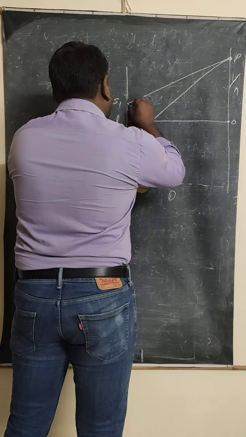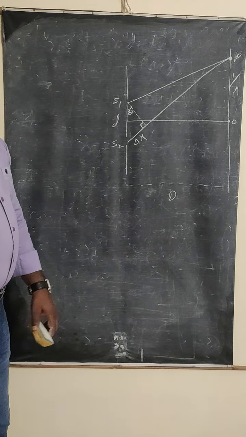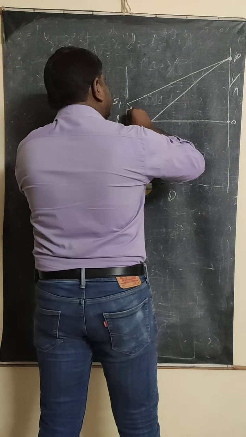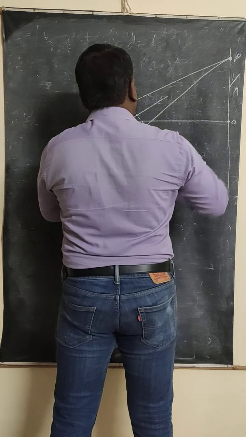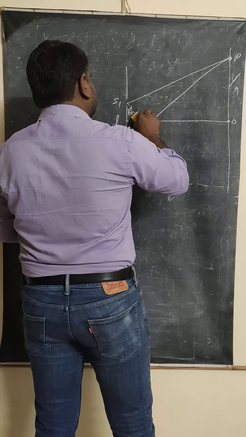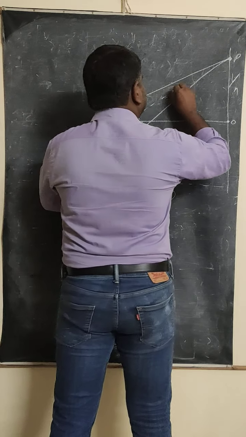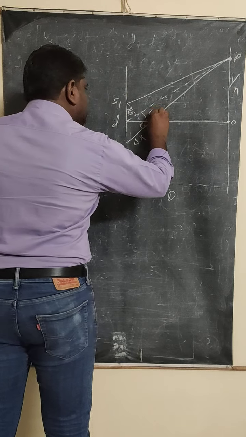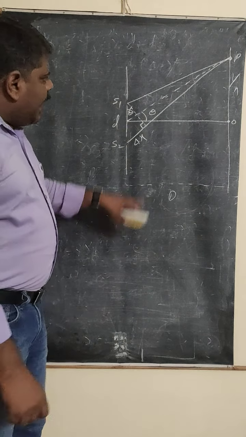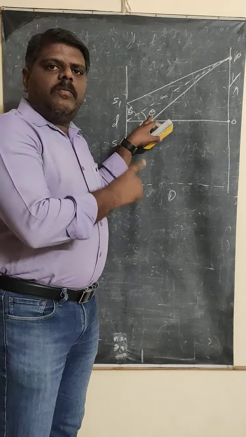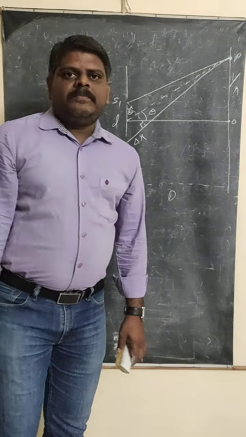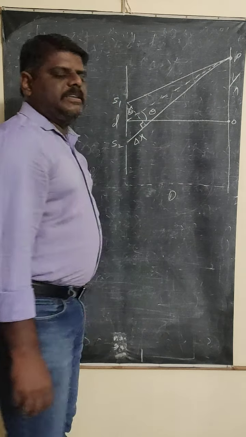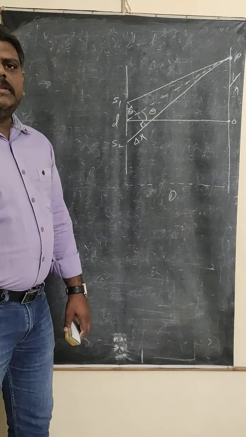And here this is the angle theta. Next, you take one more straight line from the central point of the slits to the point P. You can take dotted lines, it is better. Whatever this angle is, this angle is also equal to theta. Here theta represents the angular width of the nth band, or it is written as theta x. Okay, so this is the diagram part you have to remember.